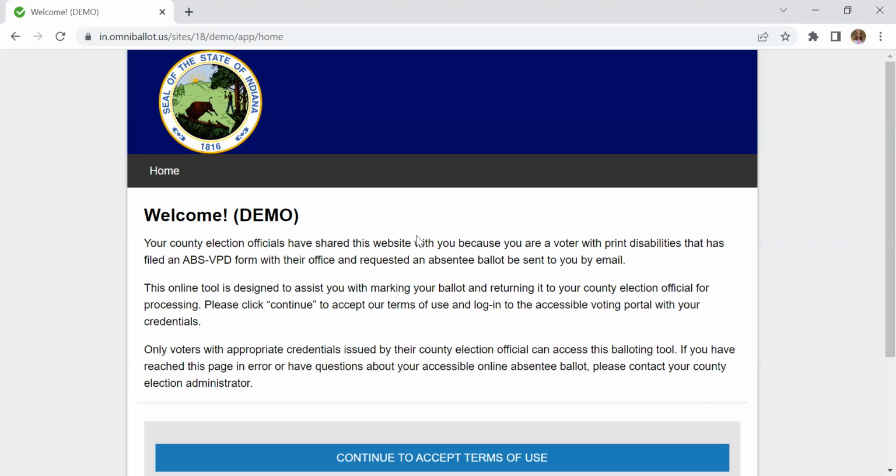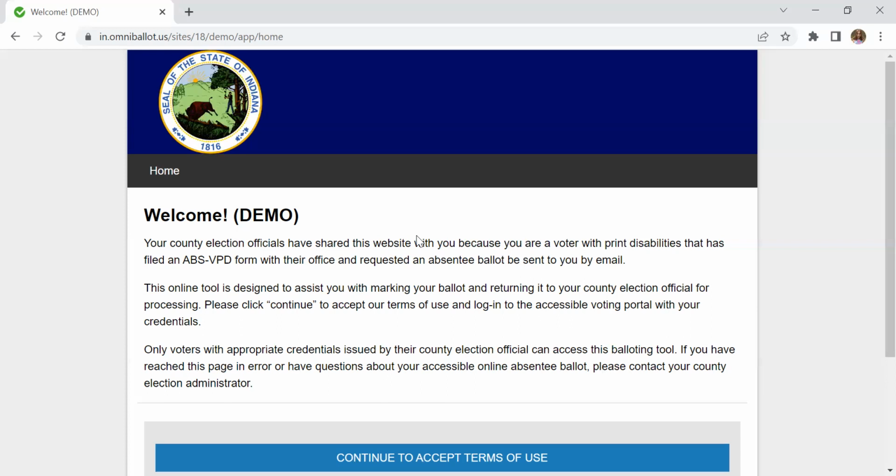Your county election officials have shared this website with you because you are a voter with print disabilities that has filed an ABS-VPD form with their office and requested an absentee ballot be sent to you by email. This online tool is designed to assist you with marking your ballot and returning it to your county election official for processing.